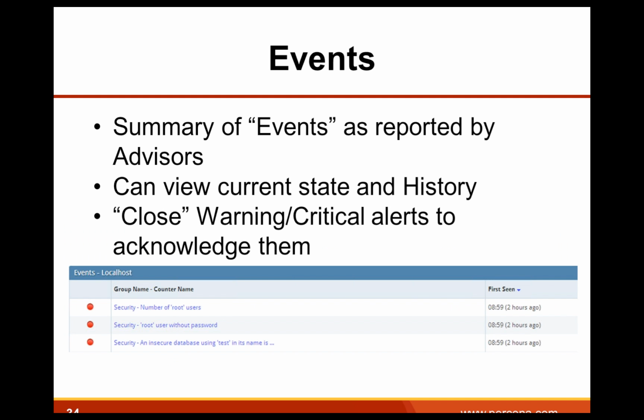Another feature and concept you have to know in MONyog is the events. Events is something which advisors report. It's something like the alerts, right? But different in a sense that when the advisor becomes worrying or critical, then an alert is raised and an email may be sent if configured. And then when the advisor goes from worrying or critical level back to what's called stable,